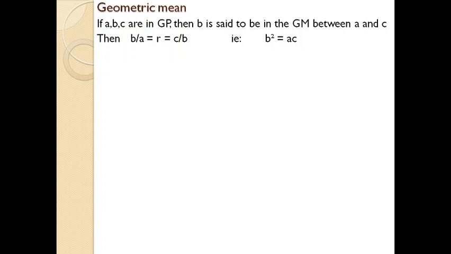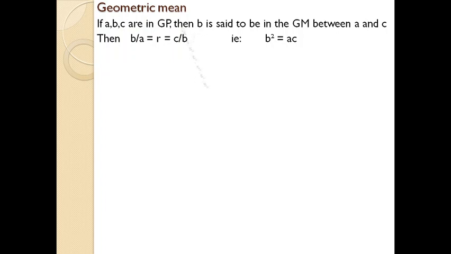In that case, B by A equal to R equal to C by B, because we know R is a common ratio that exists between each number in a sequence expressed in geometric progression. So you can write that B by A equal to R and also C by B is also R, so that B square equal to AC, because by cross multiplying the fractions you will get B square equal to AC. So just remember that in a geometric progression situation, when you are computing geometric mean, there is an equation that B square equal to AC.